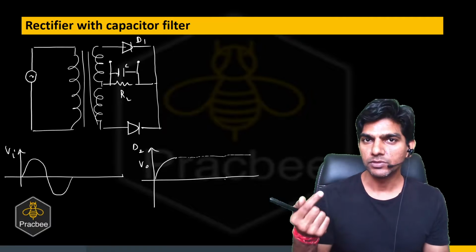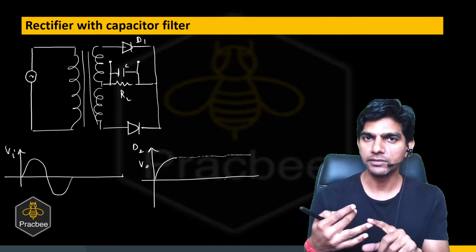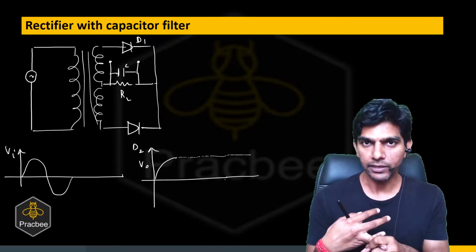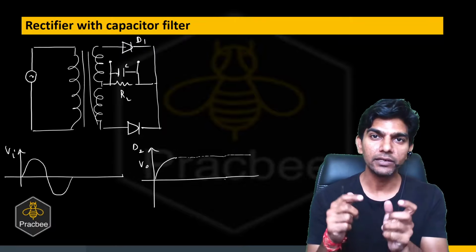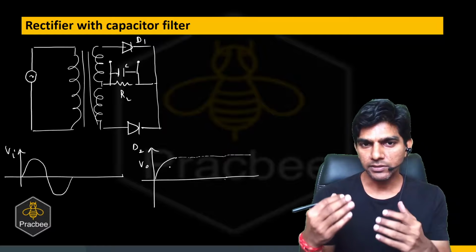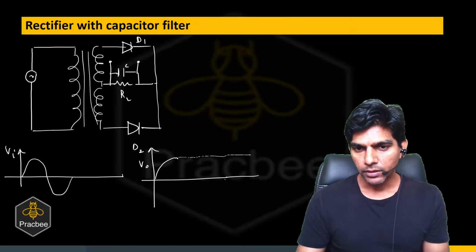So suppose we choose the values of C and RL such that the time constant is really high. If the time constant is really high, the capacitor will take a large amount of time to get fully discharged. So if you take the time constant to be large, it will discharge by a small amount, and